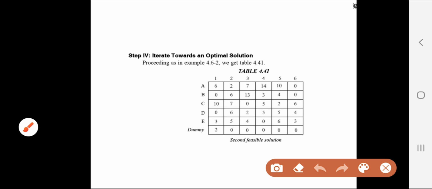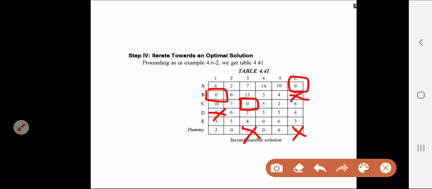So consider the first row, there is a 1 zero. If there is a 1 zero, you assign it, and all other zeros in the same column or row, you mark as a cross. Then in the second row, you find 1 free zero, you assign this, and other zeros in the same row or column are crossed. Third row, you find a zero, you assign, other zeros make cross.